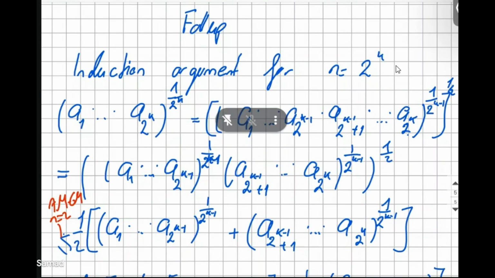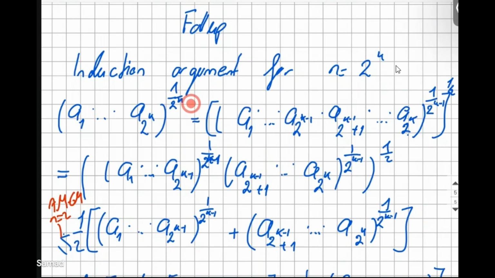Okay, just a quick follow-up on the induction argument for n equals 2 to the power of k. We said that we proved it's true for 2, for 4, for 8, and then we said by induction argument it's true for all n's of the form 2 to the power of k, where k is a positive number. We want to give a few details for this argument. So if we have a1 times a2 until a_{2^k}, to the power of 1 over 2^k, what we want to do here, and we did this also for our transitions from 2 to 4 and from 4 to 8, is split this 1 over 2^k